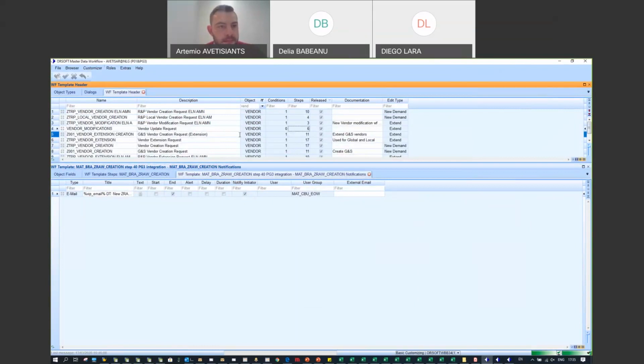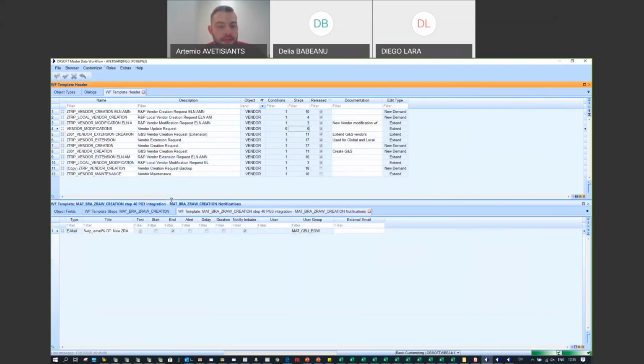Vendor here. And here you can see we have different templates. So we have a template for Rosin Pack supplier, which is the ZTRP, and we have templates for the Z001, which is goods and services suppliers. They have different requirements. That's why we have different workflows for them. As well as goods and services suppliers, they have much less steps than the ZTRP goods and service direct material supplier. So let's pick